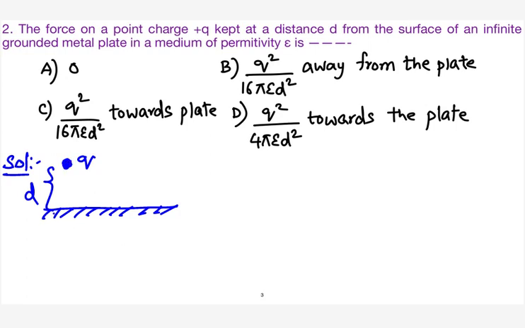Because of the ground plane, first of all, for the force to exist, either an electric field should be there or there should be another charge. If there are two charges, you can apply Coulomb's law to find the force. And the second concept, if you know the electric field intensity in the medium, multiply it with the charge to get the force. That is what the Lorentz force is.